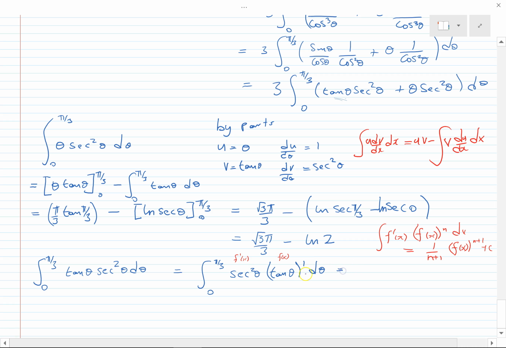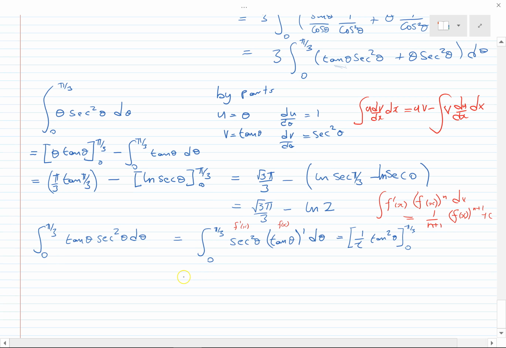So that's equal to add 1 to the power, half tan squared theta. Okay, and it's worth checking. If I was to differentiate that, I'd times by the 2, which would cancel, and I'd take 1 off the power, which would give me tan theta, and then I would differentiate the tan theta, which would give me the sec squared, between the limits